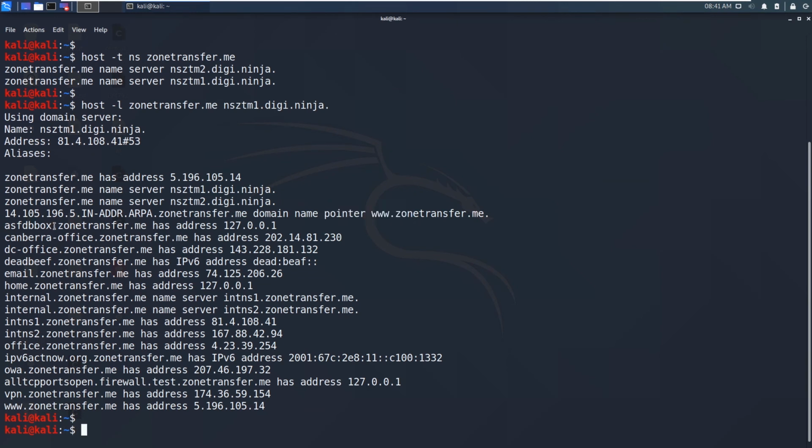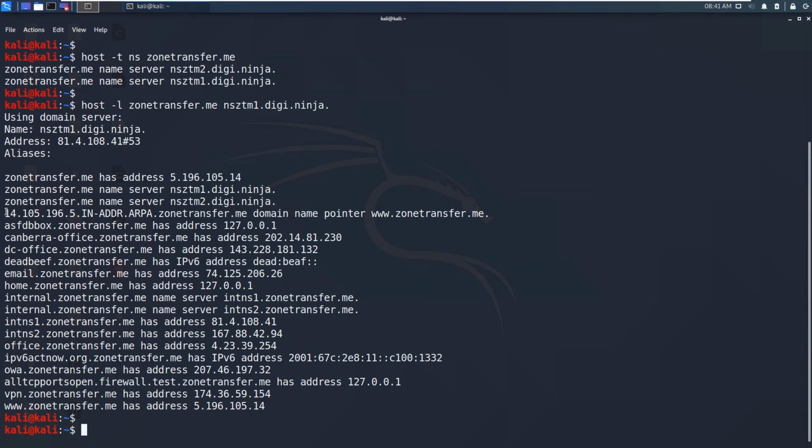You can see ASFDBBox, Canberra office, and all these are IP version 4 addresses. You can see the deadbeef subdomain has IP version 4, and there are a lot of subdomains here, right? So this name server successfully gave us the DNS zone information.